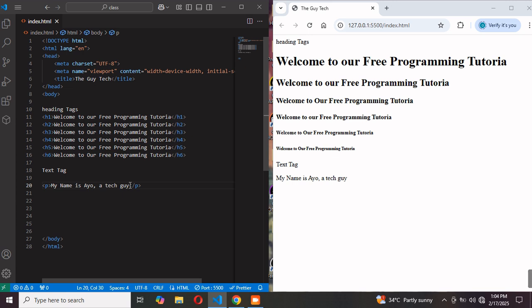So now we'll be going to the strong tag. What do I mean by the strong tag? Now, strong. It makes our text very bold. For example, let me say the